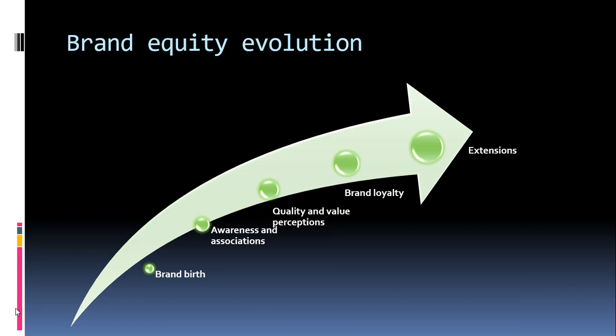That in turn builds brand loyalty, which means that we start to develop relationships with our customers. Customers show organisations some of the benefits of having that loyal base of customers, and that allows us to develop extensions. It may be that we stretch into other product areas or service areas. You look at a brand like Marks and Spencer's, known to be dependable, reliable, trustworthy, perfect brand equity associations to build into selling financial services. So it allows us to stretch into other areas. This is something we will consider in more depth in a later lecture. We just need to be mindful of some of the pitfalls of brand extensions too.